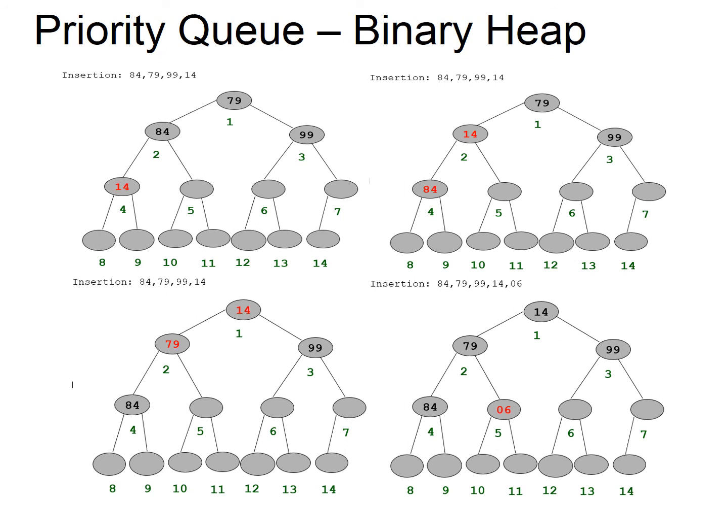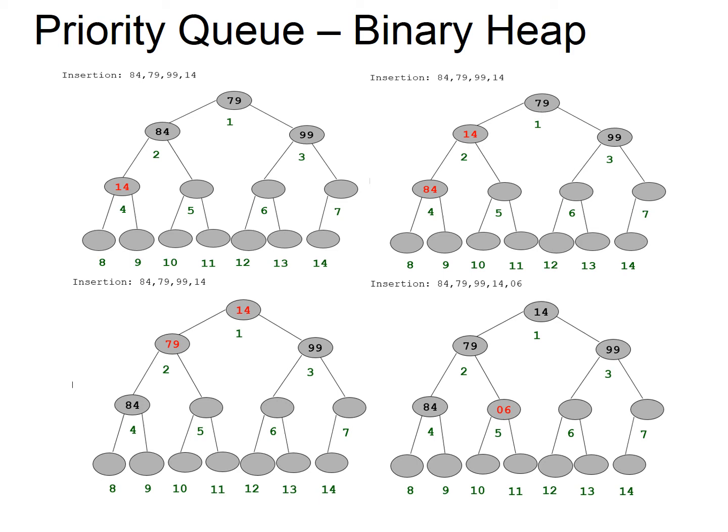Now I'm going to insert 14. The node created for 14 is the left child of the second node, which holds 84. So now you can see the fourth node is created and 14 is inserted. I now have four nodes in total: 1, 2, 3, 4. You can see when you read 1, 2, 3, 4, it goes from top to bottom, left to right. In the fourth node, 14 is inserted.